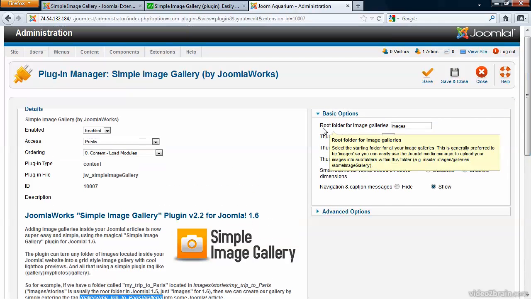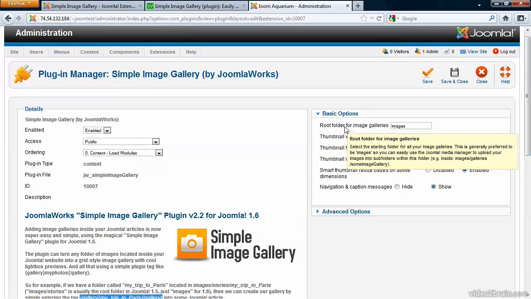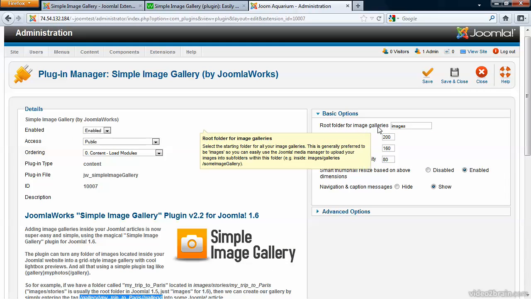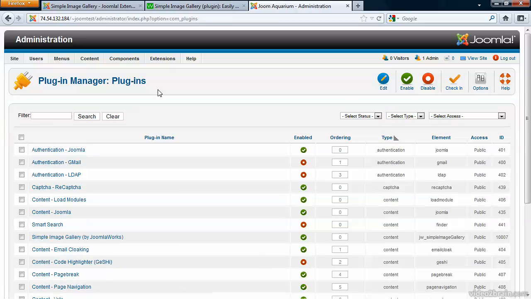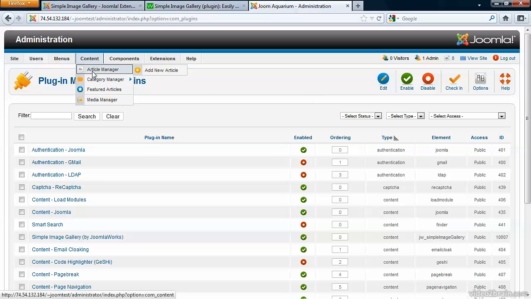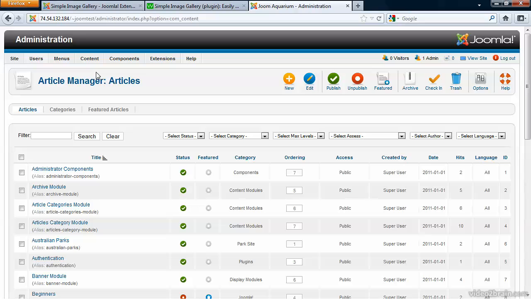On the right-hand side, I have some basic options. Where I want the root folder to start from, which is going to be the images folder, the thumbnail width, the thumbnail height, and the thumbnail image quality. I'm going to keep all the defaults the same, and then click Save and Close. Once I have this installed, now I have two things I have to do. First of all, I have to upload the images into my Joomla system, and then I need to display it inside of an article. If I go to Content and Article Manager, and click on New for New Article,